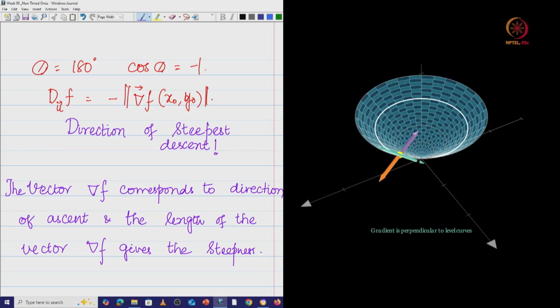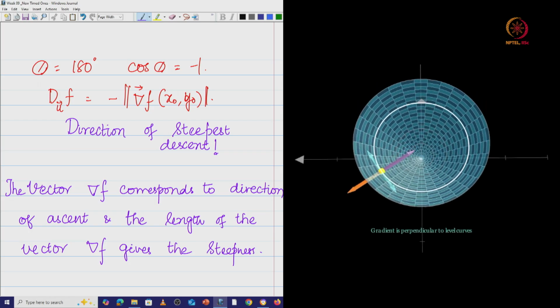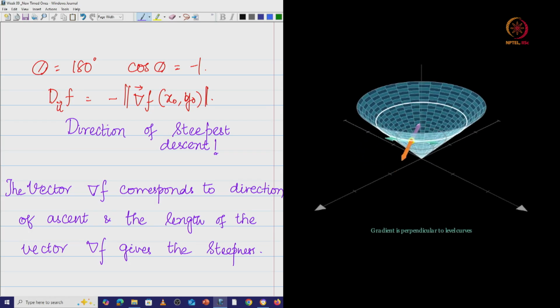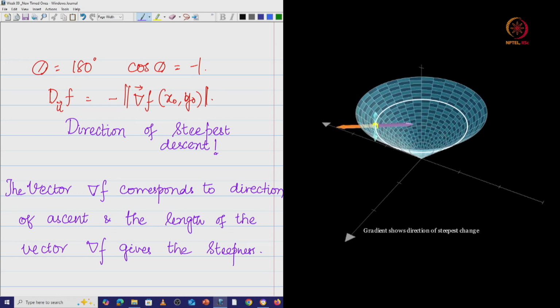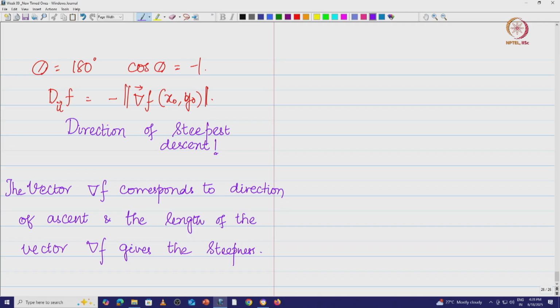So, we have all these things, and this is basically the intuition of your gradient. The idea of gradient descent employs the fact that the steepest descent direction is opposite to that of the gradient, which is basically the ascent. So, what you do is take a negative of this, and that is what you will be using in your gradient descent algorithm, which will be discussed in the next week's lecture.